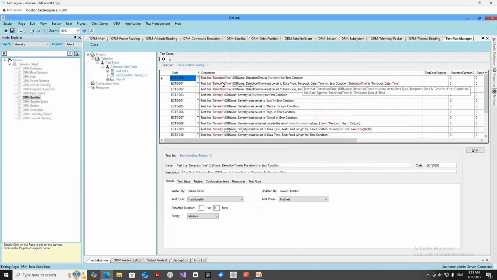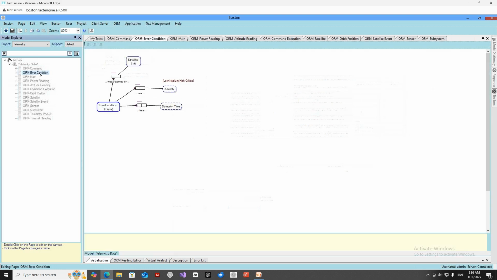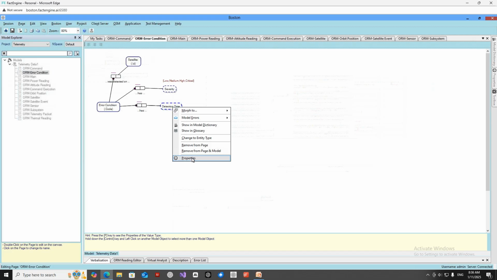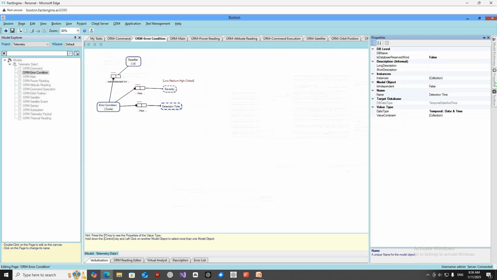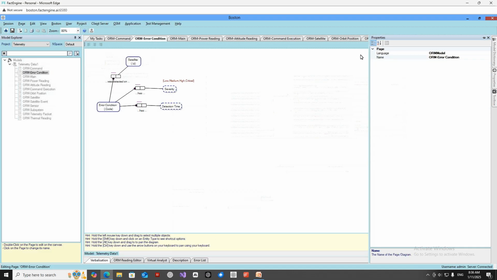So we're making sure that, if I can find the OR model again, the detection time is set to its data type, and if I go to its properties, you can see that its data type is temporal date and time. So if I go back to the test manager now,